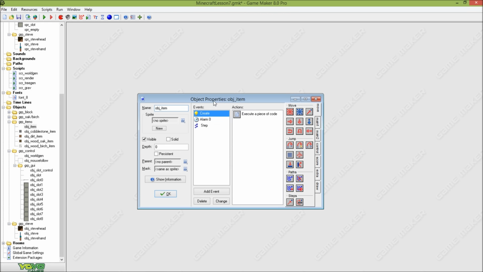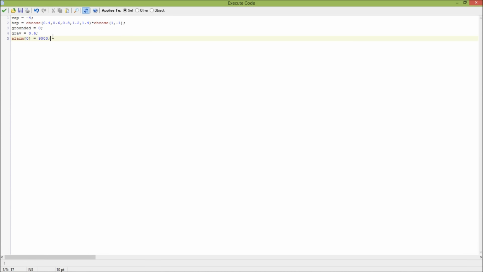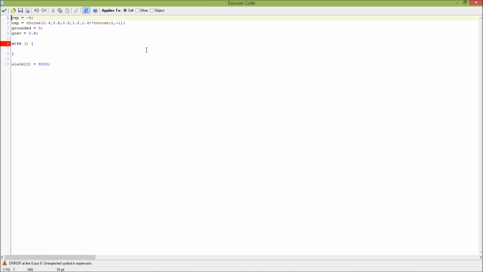So. Let's go to object item here. We are going to create the index of the actual blocks. So the blocks are getting an index. And we will be doing that using this width, because if we would do it in the step event, creation event, this creation event will not work unless